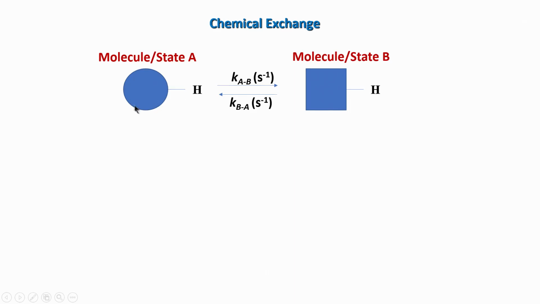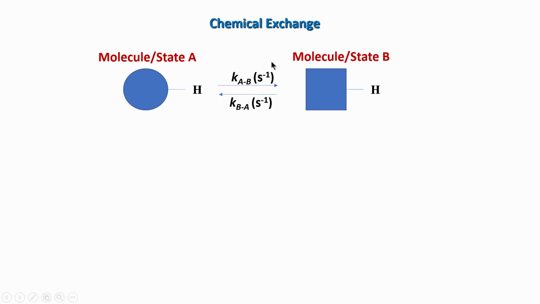So, imagine that there is a protein molecule, okay, and there is a hydrogen or some proton in this molecule. Let us take any hydrogen, it does not matter, this is just a schematic. The point here is, imagine that the protein is in a state A, meaning one particular state. Now, let us say that because of something, that is interaction with a ligand or change in temperature or anything, it goes into another state B. Okay. So, this conversion from A to B happens because of some interactions or some reason.